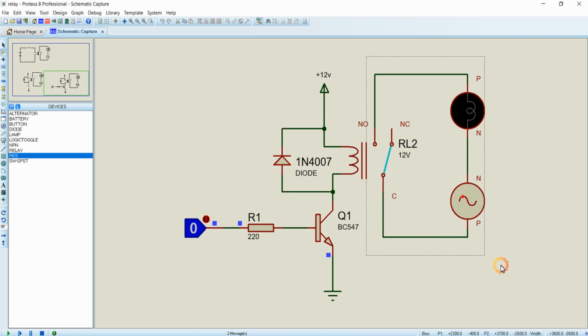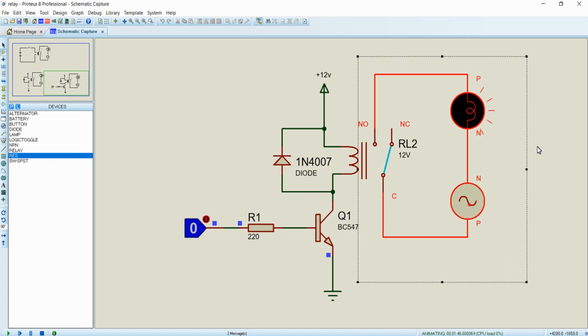And regarding this circuit between NO, NC and common, this is the same as we saw earlier in this lecture. That is, whenever the relay is triggered, the common will be coming in contact with the NO, closing this circuit, so the light bulb will glow. Whenever we de-energize the relay, the connection will be made between common and NC, making this circuit open, so the light bulb will not glow.